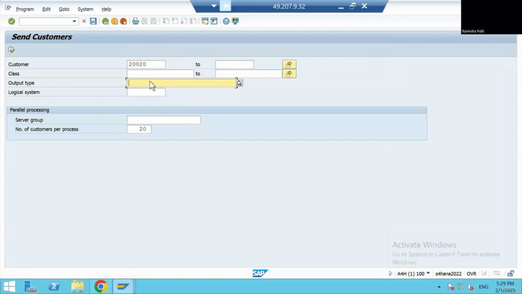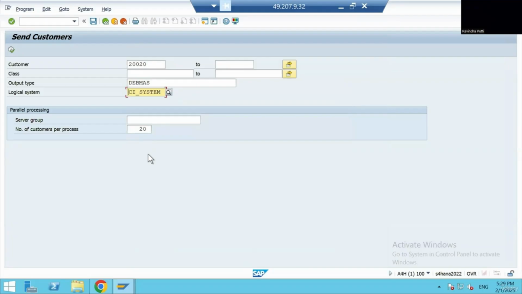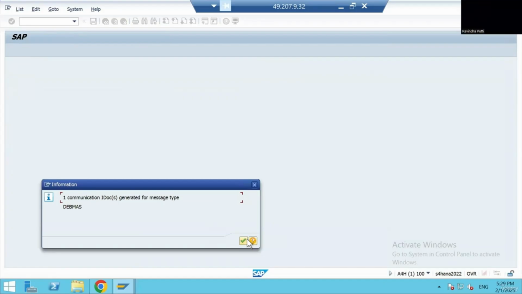Now we can take the output type as DEBMAS and the logical system as the CI system. And the customer sends this document to your cloud integration. So when I execute, one master IDOC setup is done and one communication IDOC is generated for your message type. And when I click on enter,